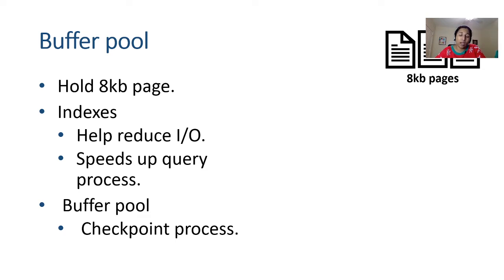But instead of that, if you put a clustered index and the non-clustered index on top of it, then the buffer pool has to go only a few trips to the database disk subsystem to grab these data pages into the buffer pool, which can reduce the number of IO and then speed up the query process, right? So how does this buffer pool get managed? There is something known as the checkpoint process.